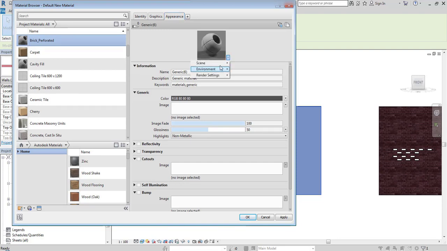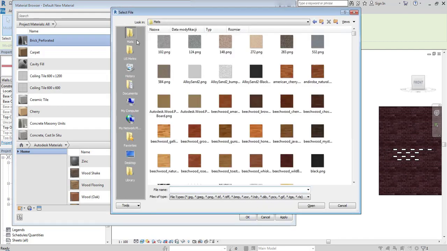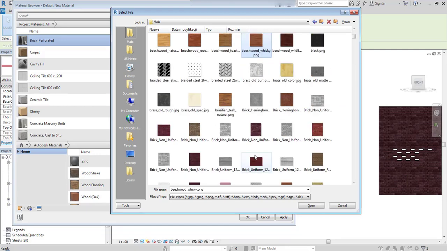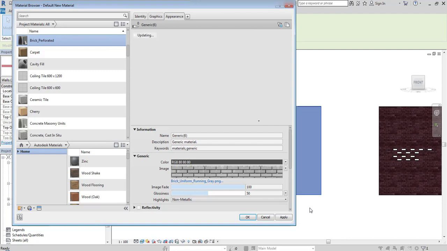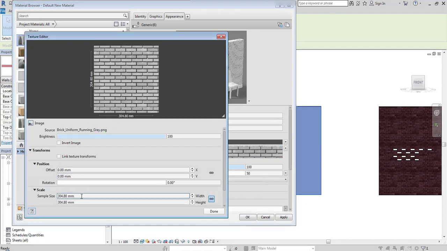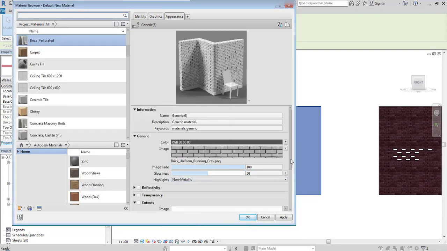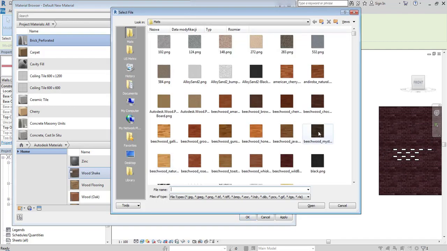I will change the scene to walls and look for the image. I will select gray brick common and change its scale, because these bricks are too dense right now. I would like to make it bigger, and as I mentioned, there's a cutout option,